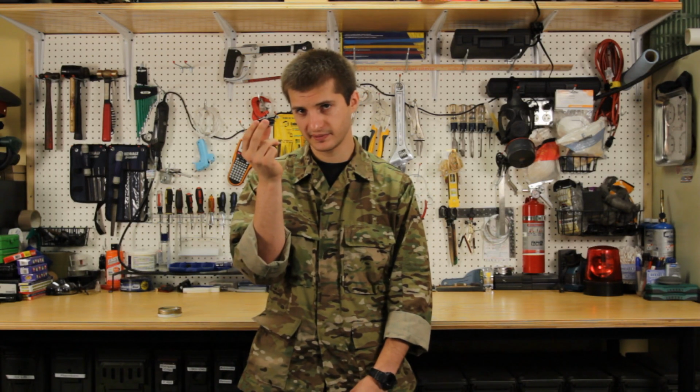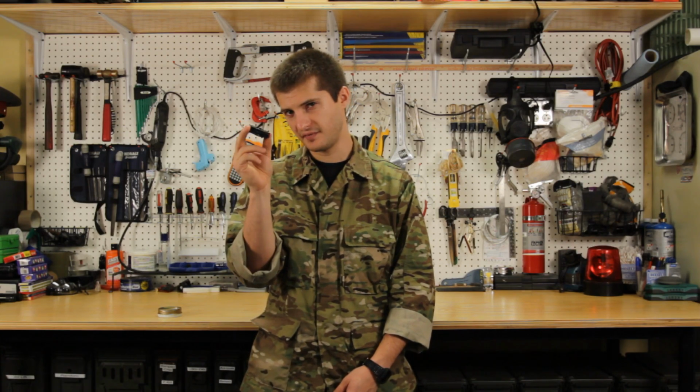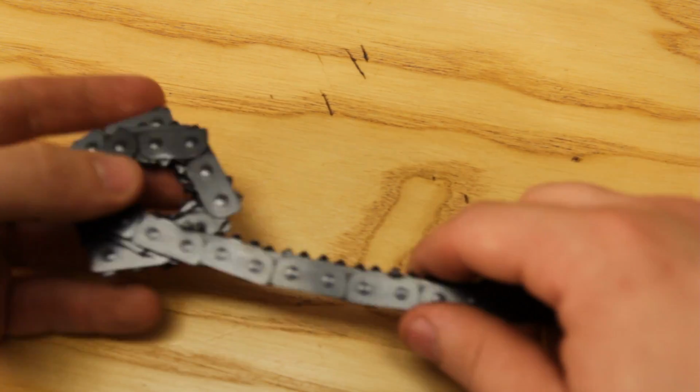Today I got something amazing to show you. Look how ridiculously small this is, and they call this a pocket chainsaw. Let's see if it's the real deal or it's just a whole bunch of crap. Let's check it out. If you unroll it,